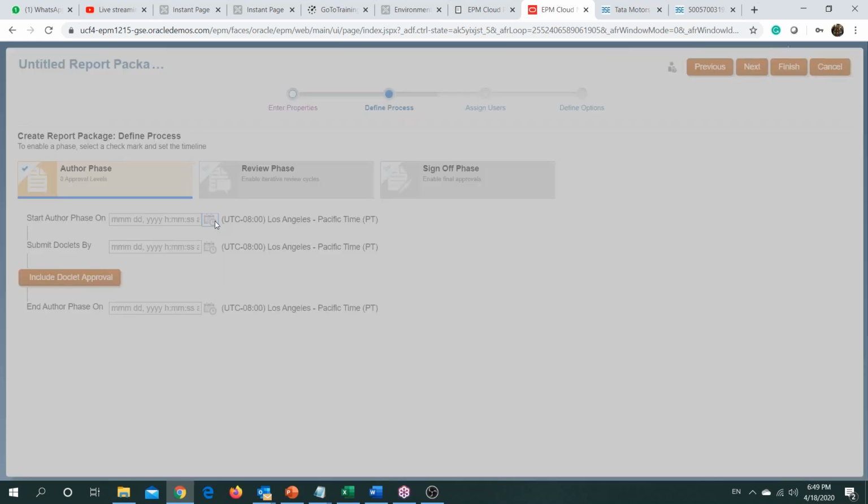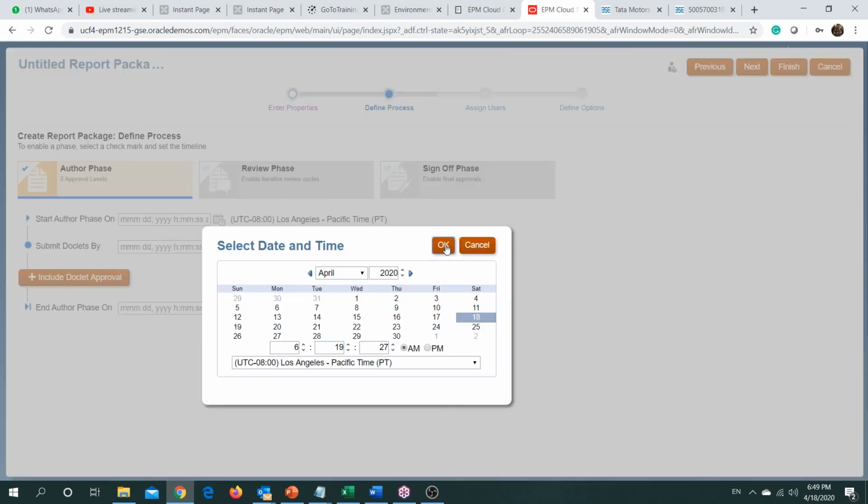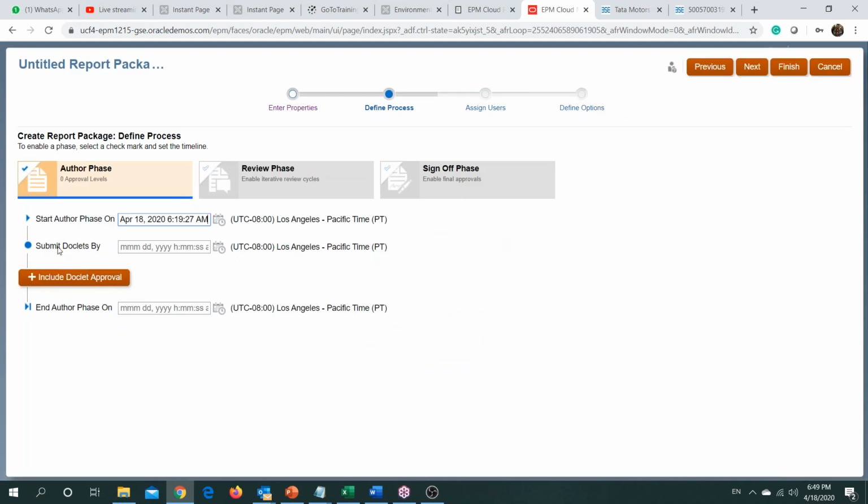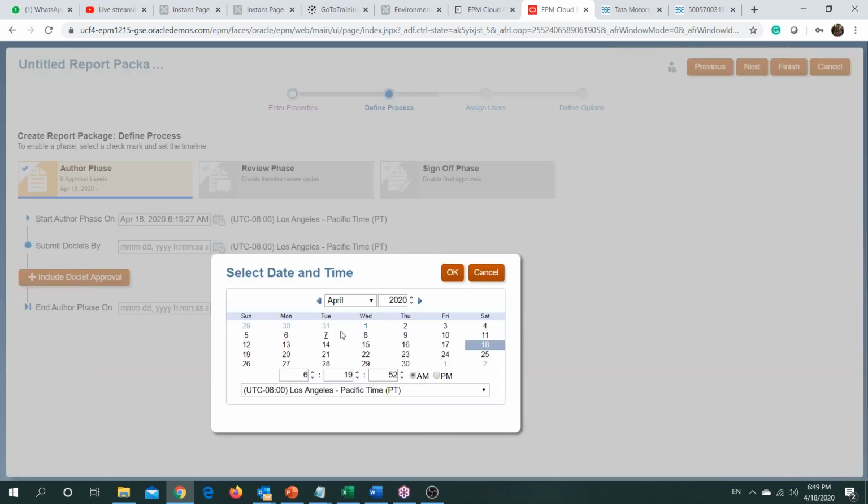So let's say we are building our report as of today. Okay, then there are certain documents that need to be submitted. So what could be the date assigned to the author to submit the documents? So let's say we provide him 2 working days and he's supposed to submit the documents by 22nd.